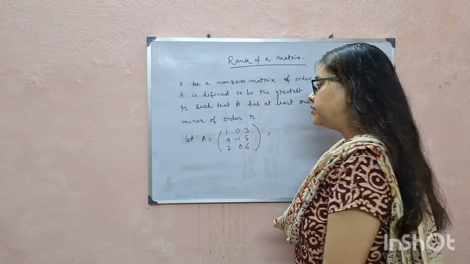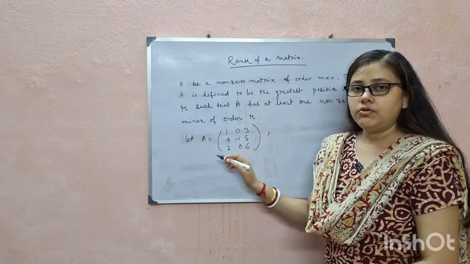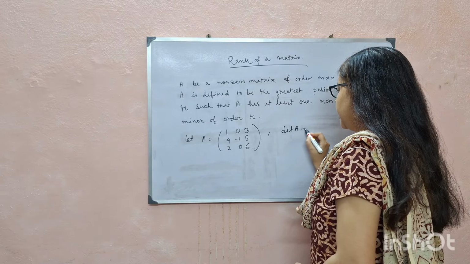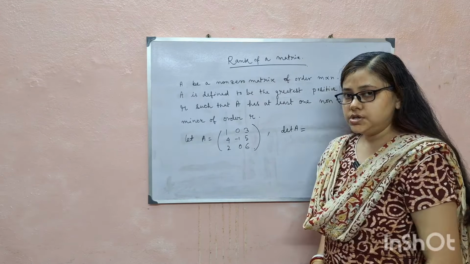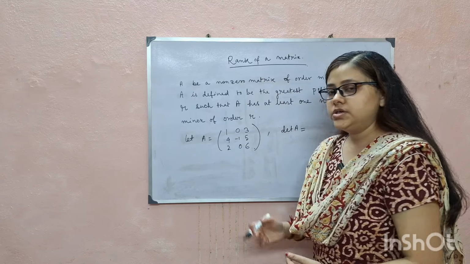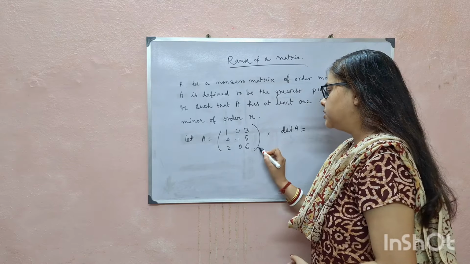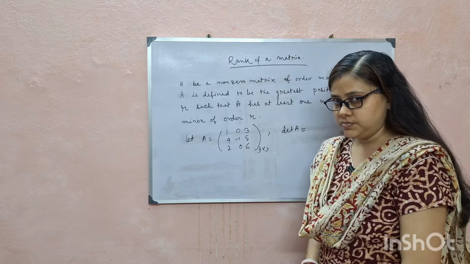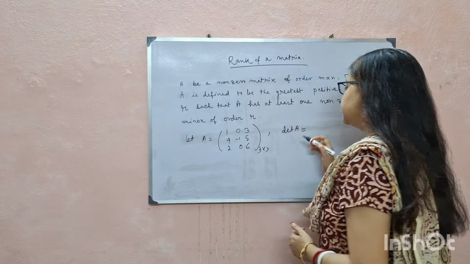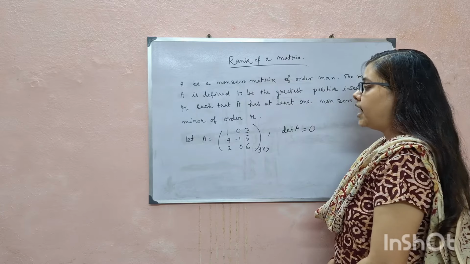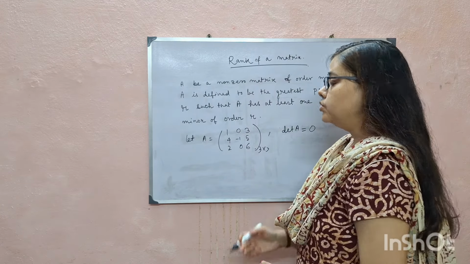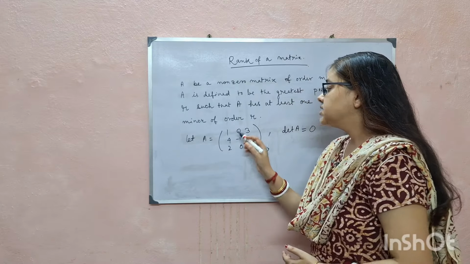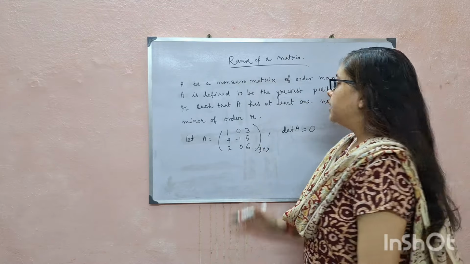So we will have to start with the determinantal value of A, Det A. If this is non-zero, then the rank of the matrix A will be 3, because its order is 3 by 3. There are 3 rows and 3 columns. And if this is 0, then we will have to go to the next step, that is we will have to find out the second order minor, because